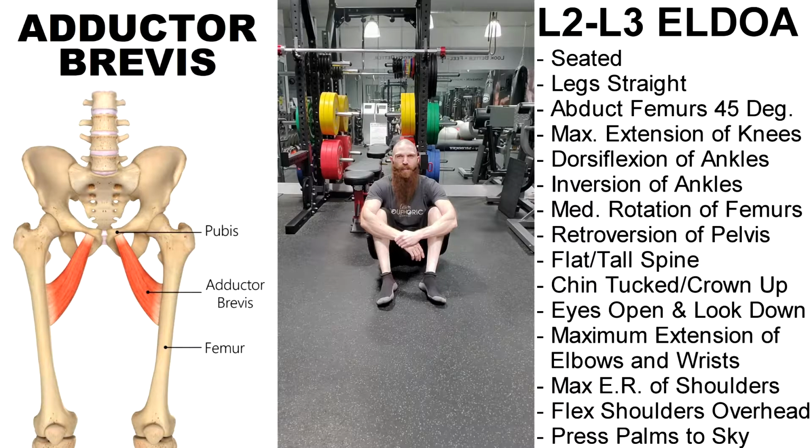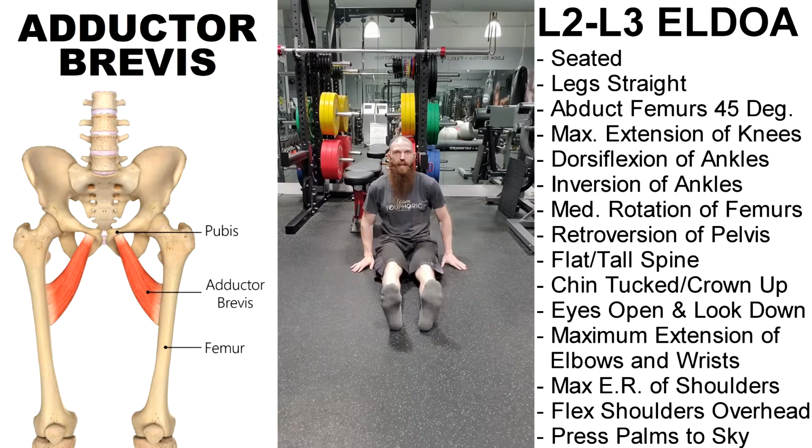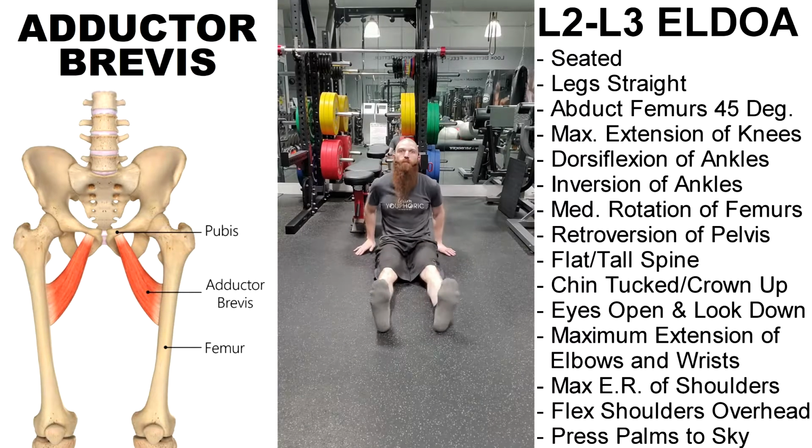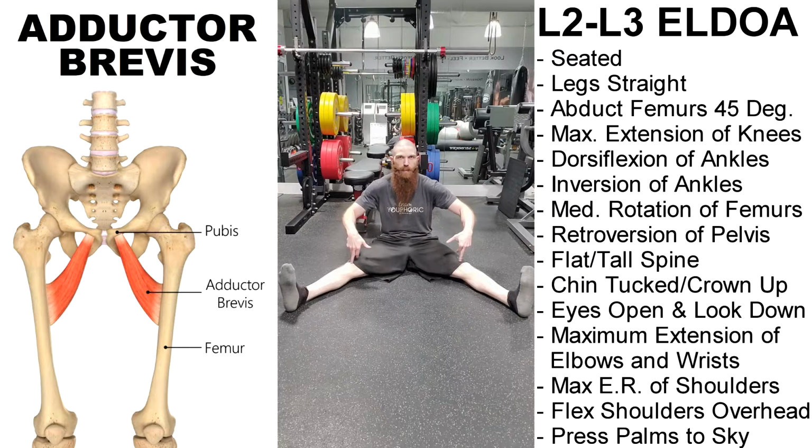Today I'm going to be taking you through an ELDOA exercise for the adductor brevis muscle, and it's going to be the L2, L3 ELDOA. For the L2, L3 ELDOA, you want to start in a seated position. You're going to go ahead and straighten out your legs, then you want to go into abduction of the femurs of 45 degrees. You want to maintain maximum extension of the knees, pseudo-inversion of the ankles by pointing your toes toward your head